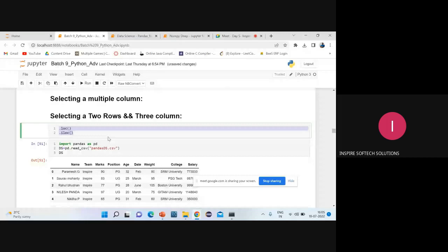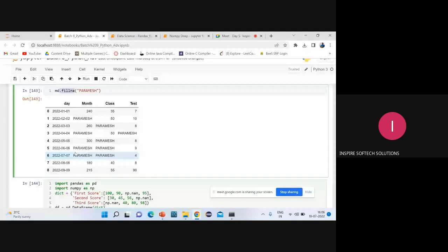We can go with isnull and notnull to check it, and same thing if you want to go with the previous value fill.